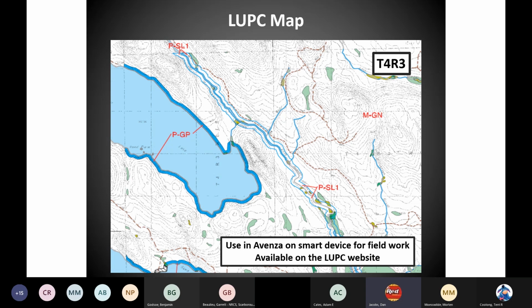Here we have a significant river. I'm sorry, I just got a little bit of feedback. So here we have a significant river. This is a PSL1, and you can see that the blue lines on either side of this water body indicate that subdistrict, that zone. This area here is MGN, general management, and general management is not impacted to any great